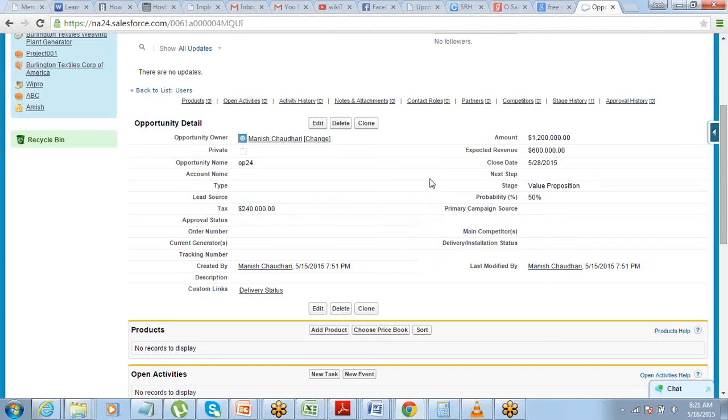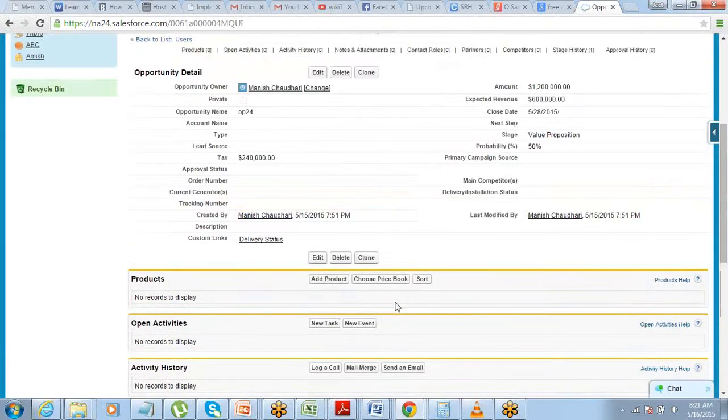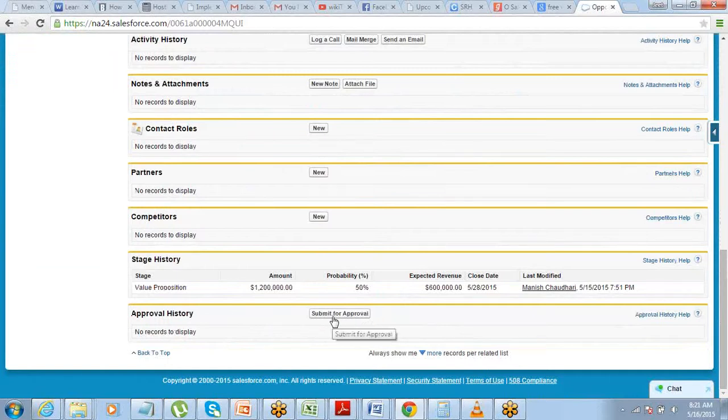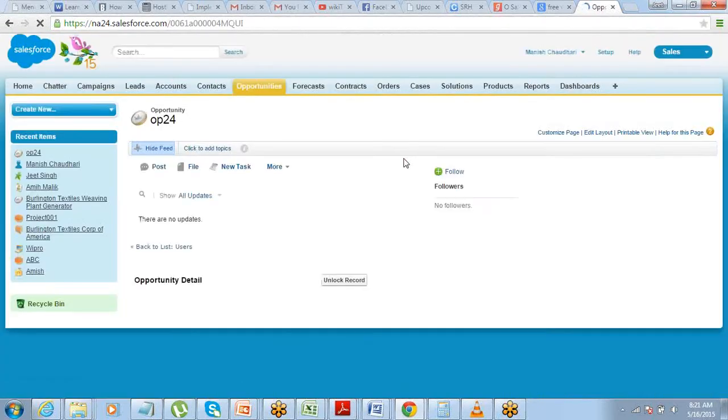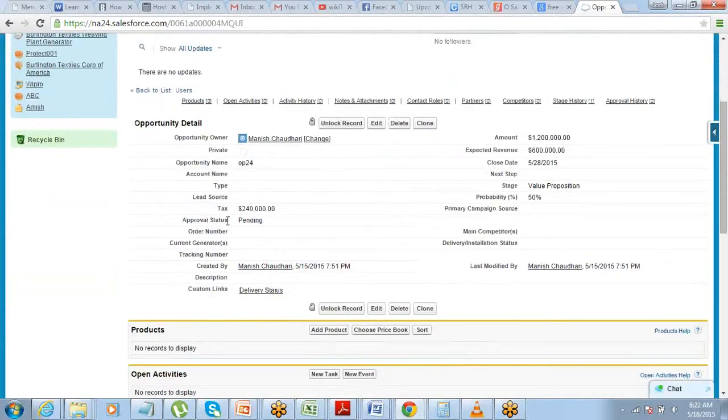It will take its value automatically from the approval process, right? The approval process needs to be initiated. So the submitter will need to come, scroll down, and submit the record for approval. The approval process will not start automatically. The process will complete its action automatically, but the submitter needs to click the submit for approval button. The moment you submit it for approval, it goes to the approver. And automatically, if you see, approval status has got updated to pending. That is the action that we defined there, right?